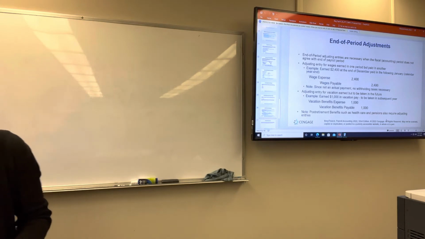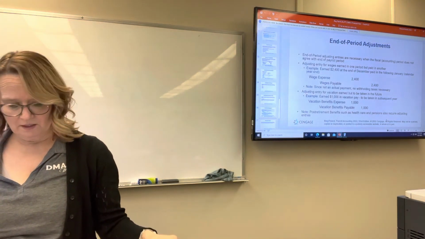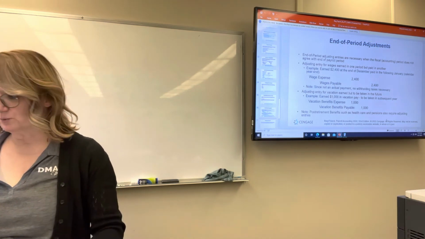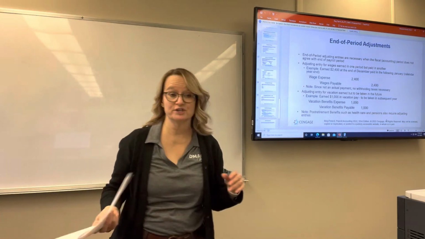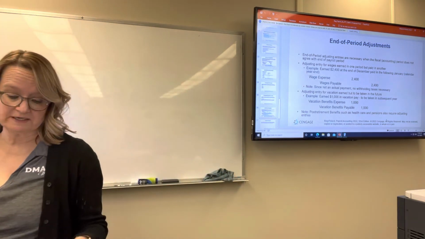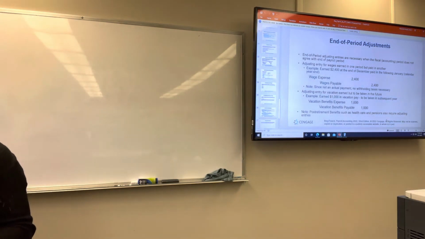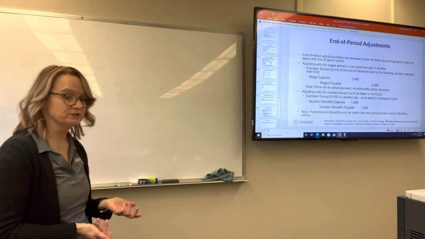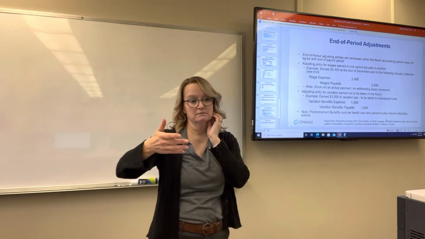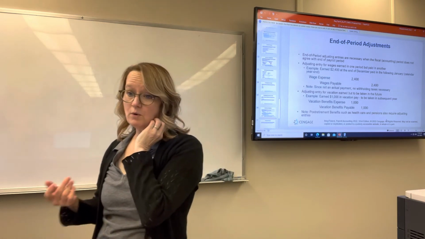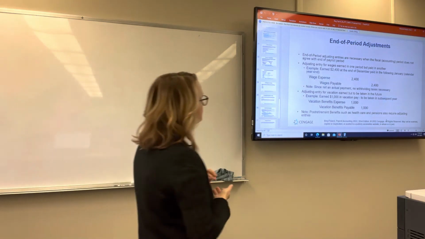So let's get to these end of the period adjustments. You guys are probably already familiar with certain end of period adjustments. The biggest one is depreciation. For those of you who've taken financial accounting, you know that at the end of the period, that's when you record depreciation. Depreciation is a non-cash expense, so it's something that has to be done at the end of the month or the end of the quarter, end of the year, certainly, to record how much depreciation is being expensed